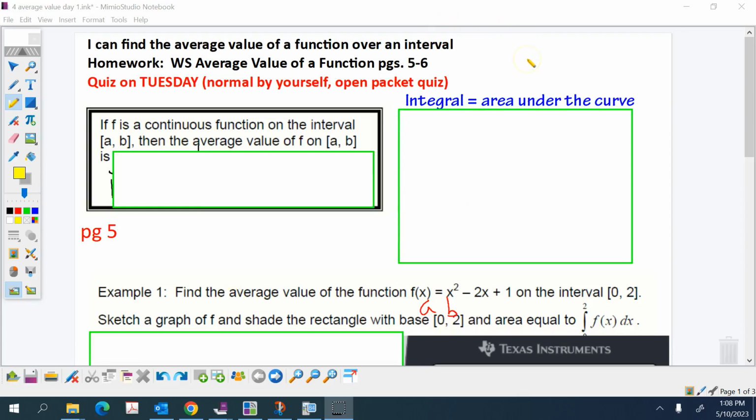Today's lesson is I can find the average value of a function over an interval. Before I go over the lesson, I'd like to describe what it is exactly that we're doing in this lesson. So the way to think about this is I've got a fish tank, and for some reason I have it in my hands and I'm sloshing it around and the waves are going everywhere, and I'm calculating an